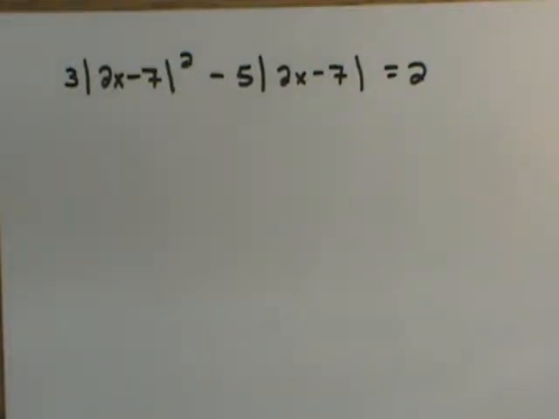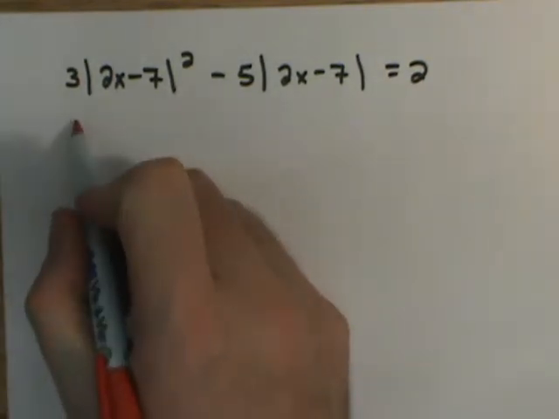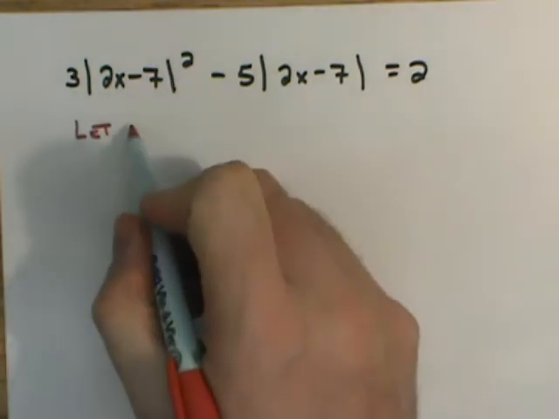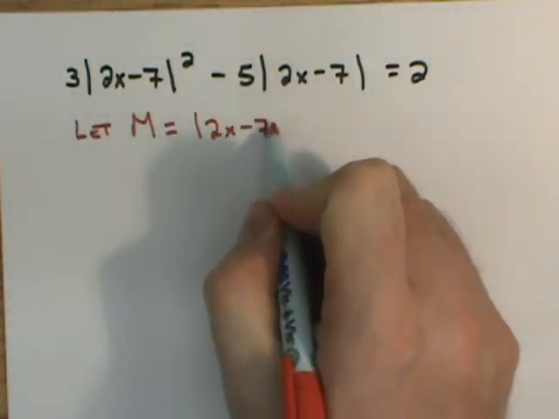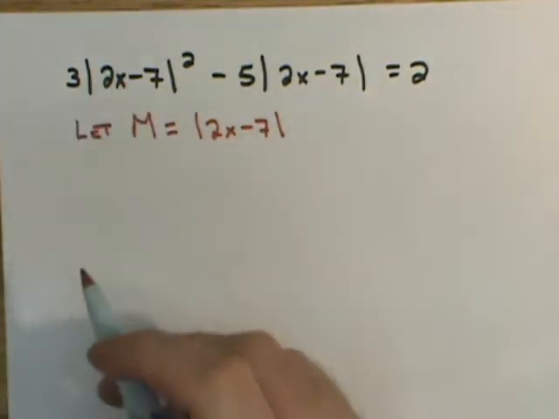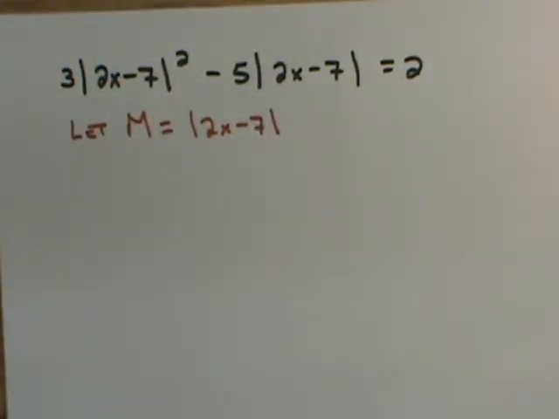Here's our third example of solving by using a technique of substitution. Once again, as I look at this problem, I see that it's more complicated than something that I want to deal with. So I start by saying, let's simplify the problem. Let m equal the absolute value of 2x minus 7. This allows me to break this down into a much simpler problem where I can say